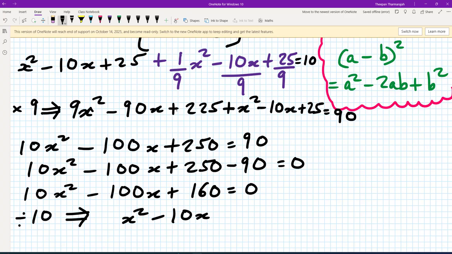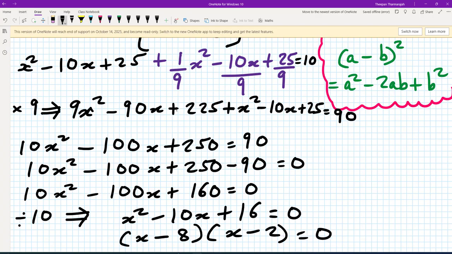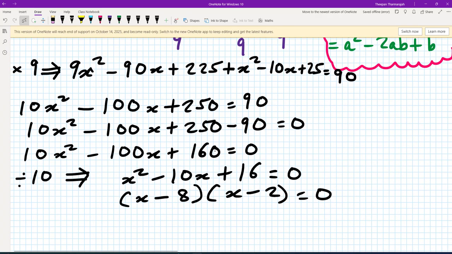So now what we get is x squared minus 10x plus 16 equals to 0. So what we get, x squared minus 10x plus 16 equals 0. Factorizing the quadratic and solving it, we get x minus 8, x minus 2 equals 0. Now we're going to solve that to give me x equals 8